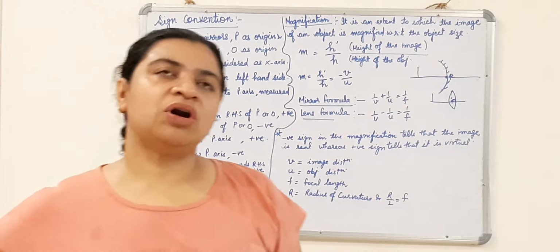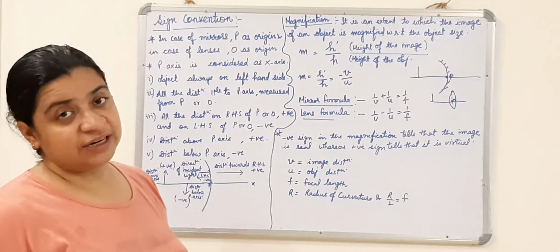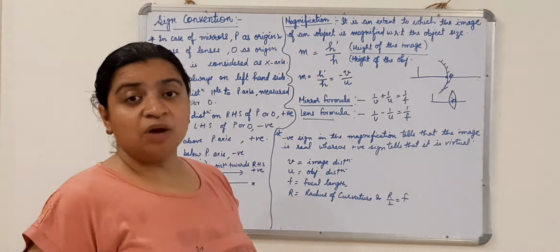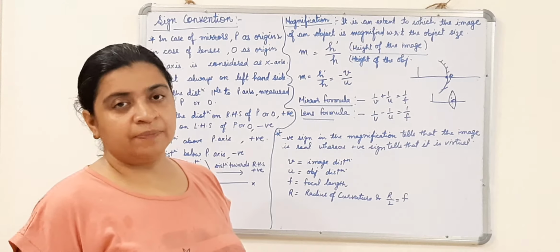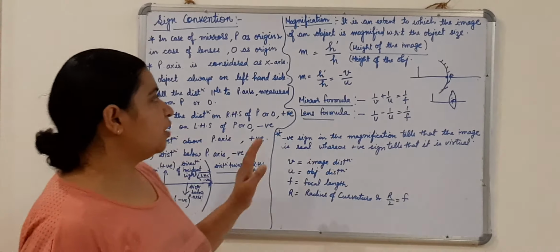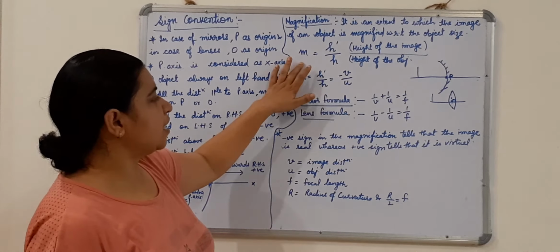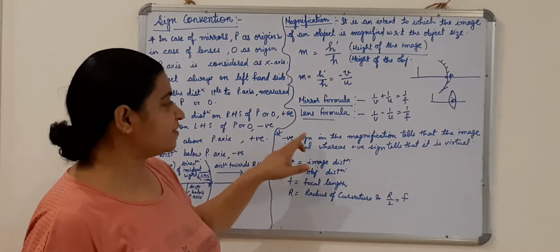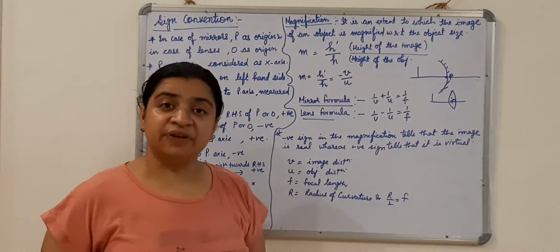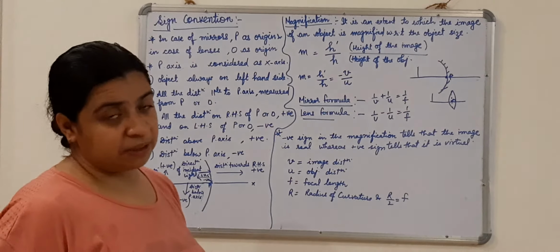By chance, if you are not given the focal length but you are given the radius of curvature, there is a formula to get the focal length from the radius of curvature: r upon 2 is equal to f. If we halve the radius of curvature, we get the focal length. Now children, one more thing. If you solve the magnification part and in the answer you get a negative sign, the negative sign in the magnification tells us that the image is real. If in the answer of magnification we get a positive sign with the number, it means the image is virtual.